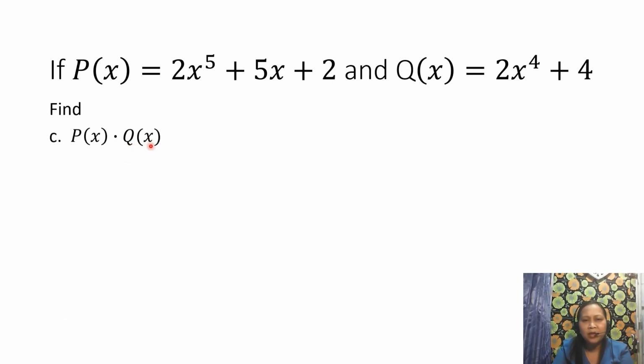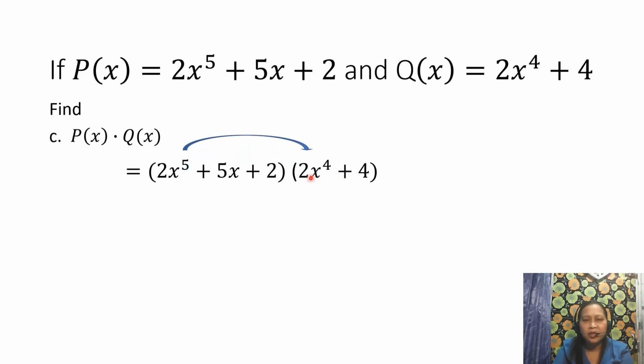So the fourth example, we're going to find p of x times q of x, meaning we are going to multiply these two polynomial functions. How? Of course, we are going to apply the distributive property. So we will distribute 2x raised to 4 to each term of the trinomial. So 2x raised to 5 times 2x raised to 4, that is